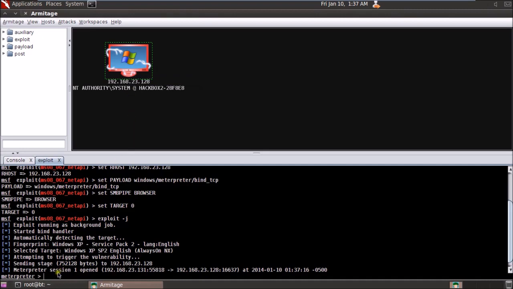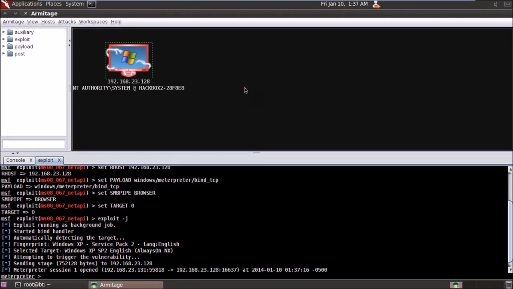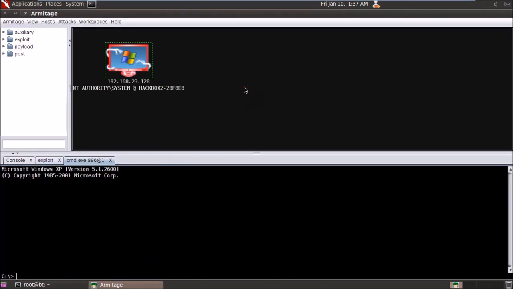Now, you can type in exploit over here, or you can obtain the command shell of your victim by the click of a button. Now, this is the command prompt of your victim. Whatever you do here will be reflected over there. As I have told you already, a command prompt is the heart of a computer. Once you have the command prompt, you can do almost anything.